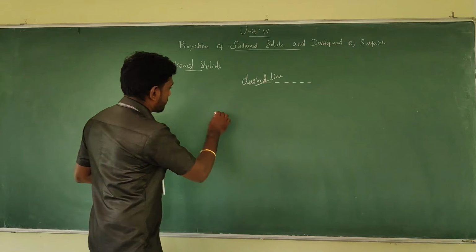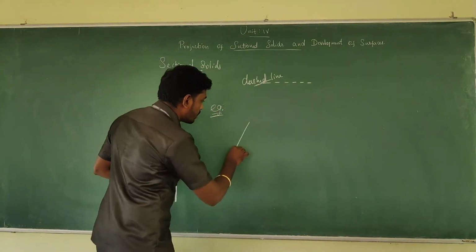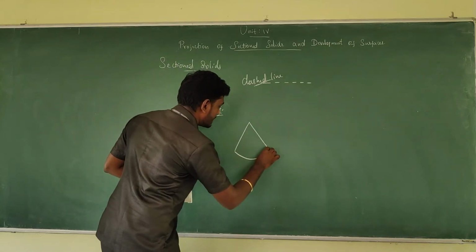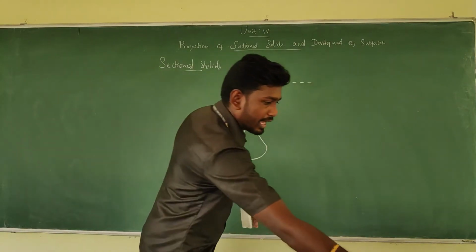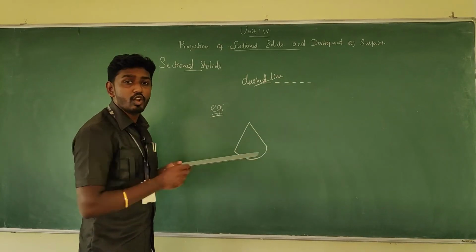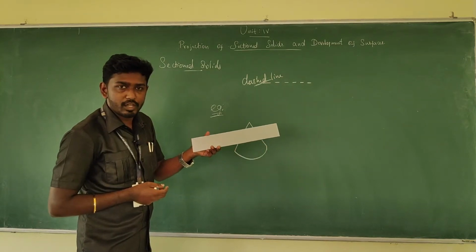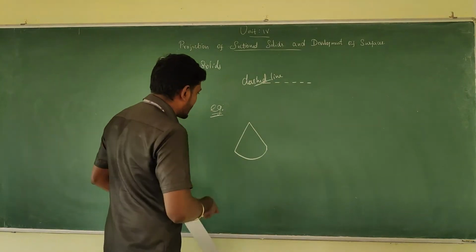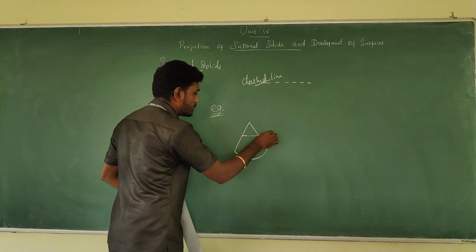For example, I can take the example of a cone. This is a cone. I'm going to cut it with the cutting plane. This is the cutting plane. It's a two-dimensional object, with length and width, just like a plane. With the help of it, I'm going to cut the cone, so when I do the cut, I will have the cut something like this.